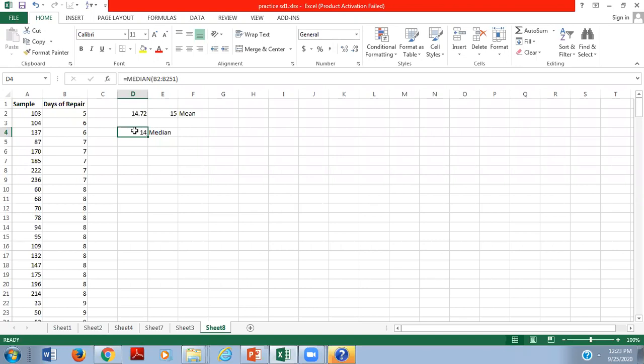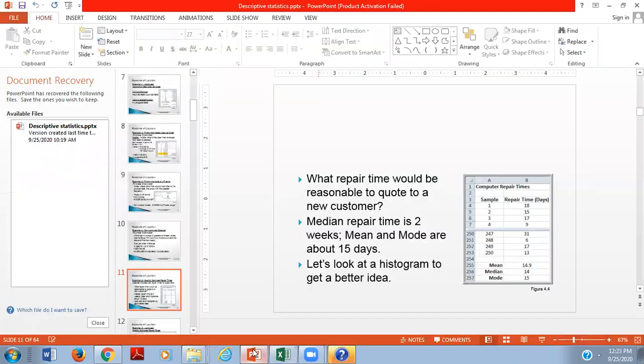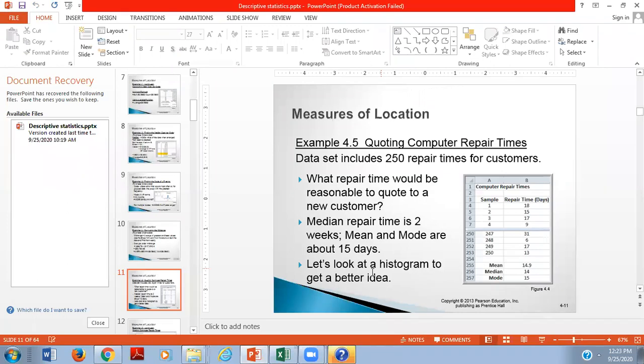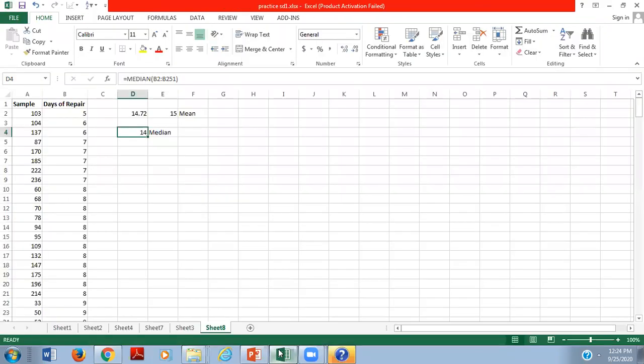So to make sure more about this concept, in this PPT, let's look at a histogram to get a better idea, right? So how are you going to calculate a histogram? Here we have data.